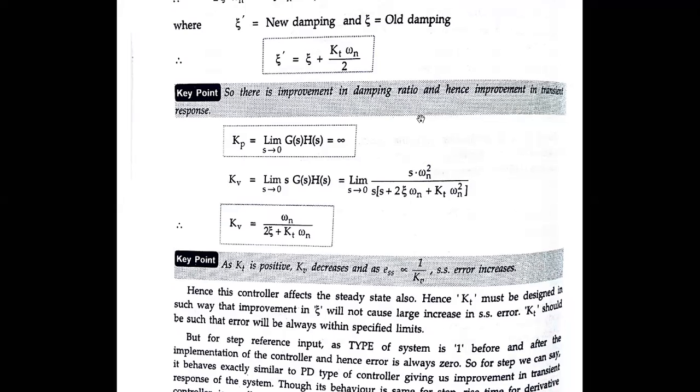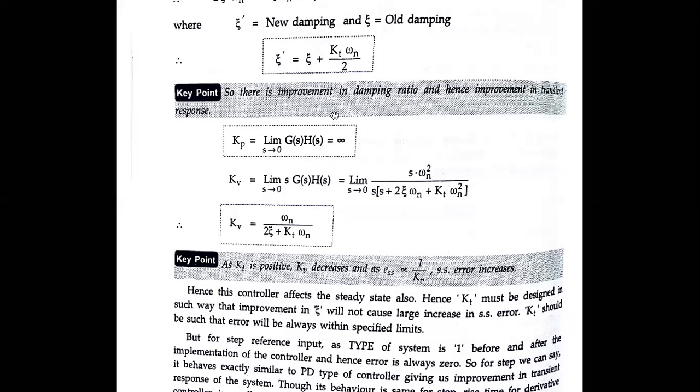There can be some improvement in the damping ratio in the transient responses. We are only speaking now about the transient response. Transient response is nothing but that which is with respect to the derivative part, not the integral part. If you want to increase the damping factor for a derivative part, then you can simply go on increasing the value of the new damping factor using this particular formula.